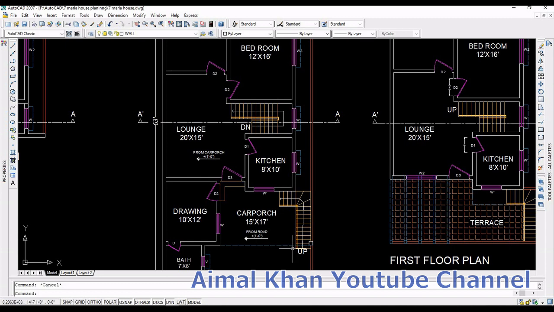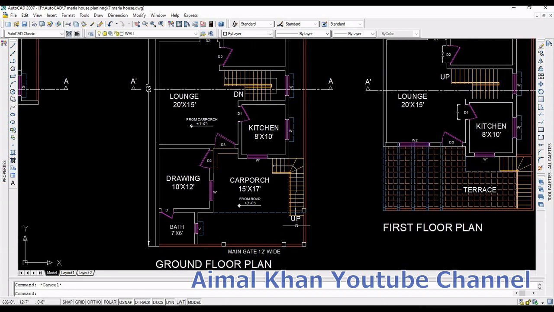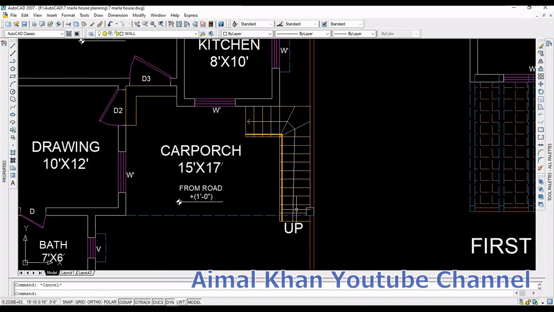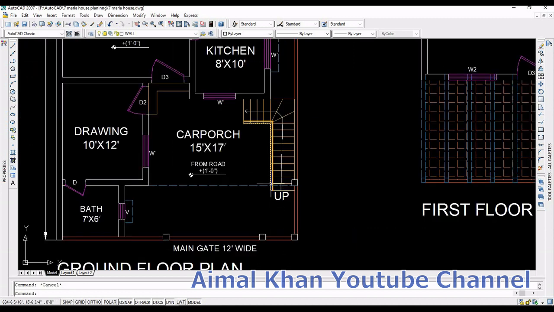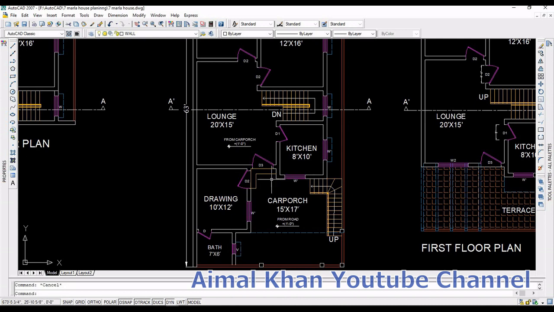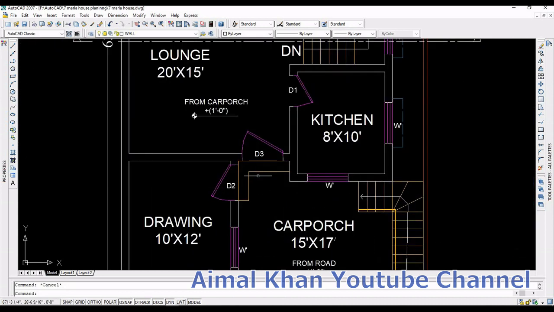So then, and also here at the car porch, 4 feet wide stairs, which is very important for the outside portion. If you want to give the upper portion for rent, it will be ideal for rent. It's very good that you can have stairs here. You can close here so that there is no disturbance, and this will be the other portion which is a separate portion. So here you can enter, and here is also a stair, one step stair which is 1 foot, and you can